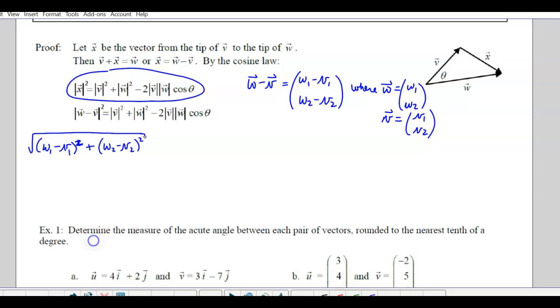Okay, so that's the magnitude of w minus v. Square it. Magnitude of v is that squared. Magnitude of w